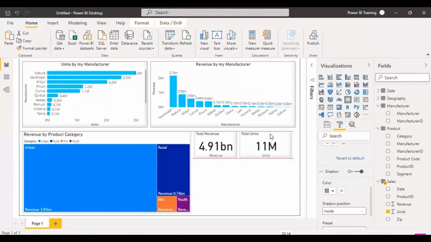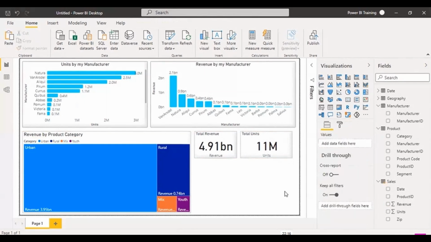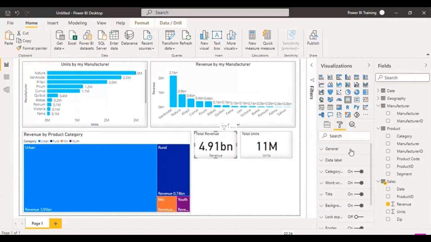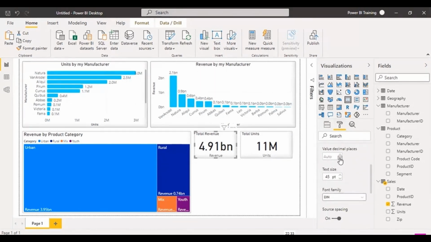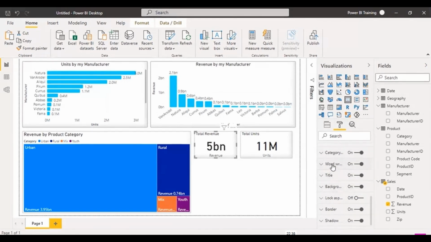As I already told you before, we have the charts already connected with each other. If you want to see one more point before I move ahead: if you want to change the type of how the value is showing, go to the data label and the units decimal. Sorry, by default it's into decimal, and you want to change